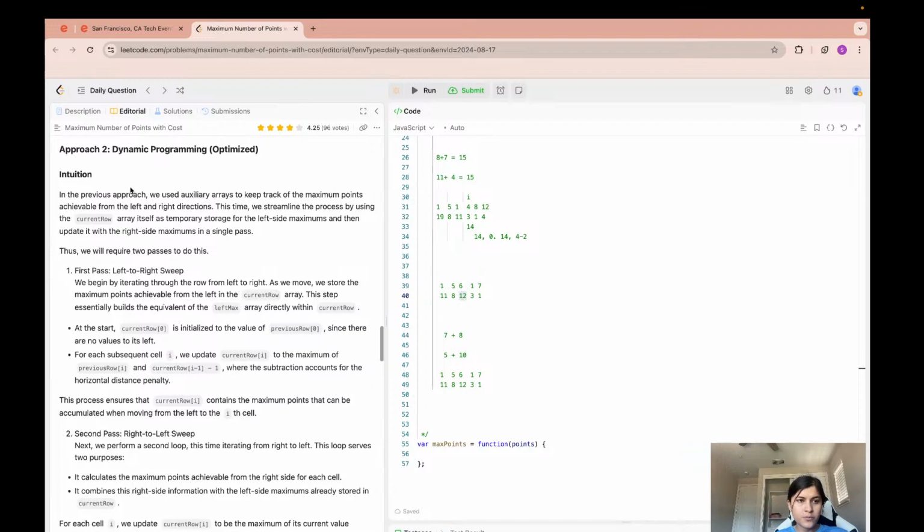Okay, let's see this. In the previous approach, we used auxiliary arrays to keep track of the maximum points achievable from left and right directions. This time, we streamline the process by using the current row array itself as